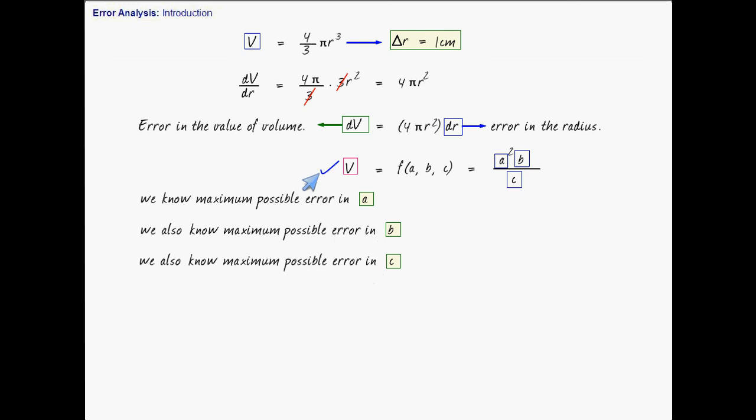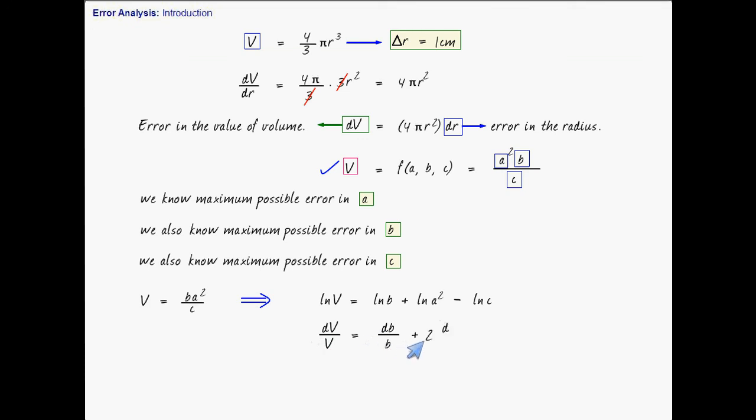So what we will do is, V equal to B A square upon C. We will differentiate the function and try to obtain the error. For that very purpose, let us take ln V equal to ln B plus ln A square minus ln C. Therefore dV upon V equal to dB upon B plus 2 times dA upon A.